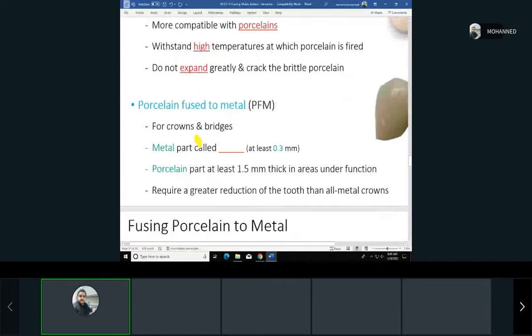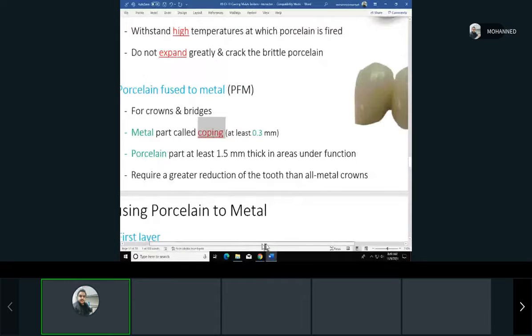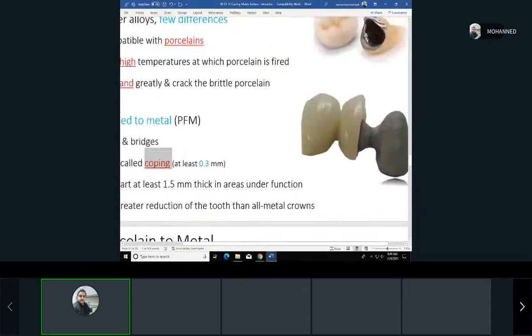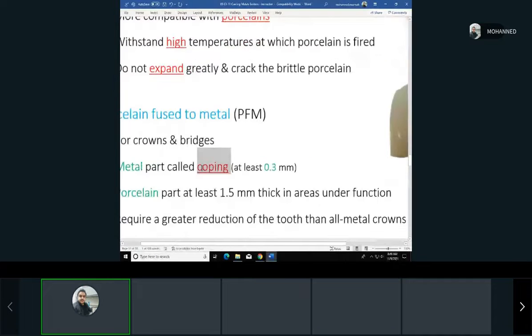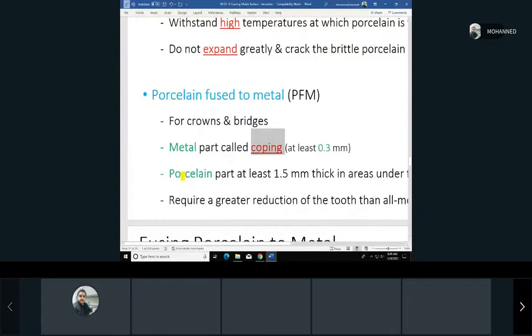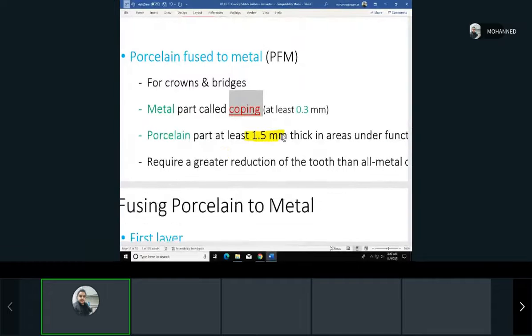So when we talk about porcelain fused to metal, because that's the main thing that we make these metal alloys for, the metal part is called the coping. This is what I was talking about. The coping is this metal part that resembles the tooth, but without any anatomical landmarks. It's just the part that will fit on the tooth. And again, you can see the metal there. It has to be at least 0.3 millimeters thick. And then the porcelain on top of it has to be at least 1.5 millimeters thick